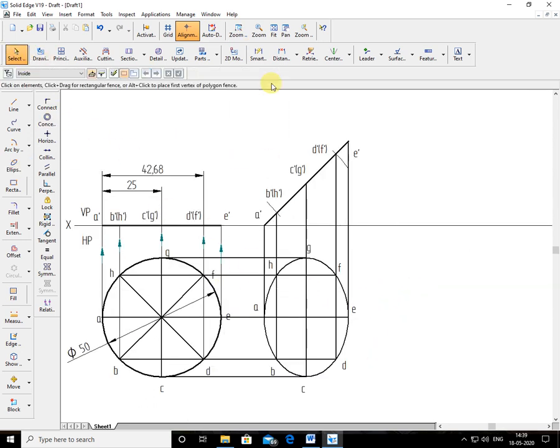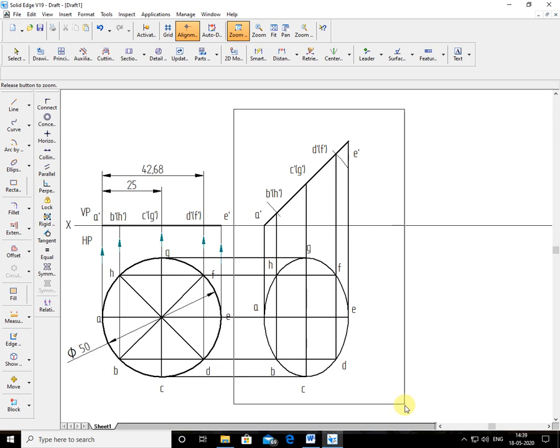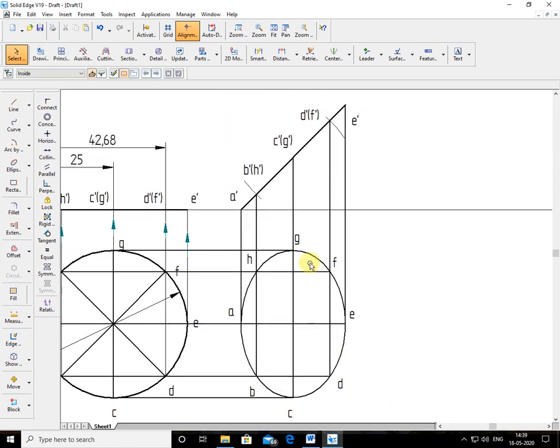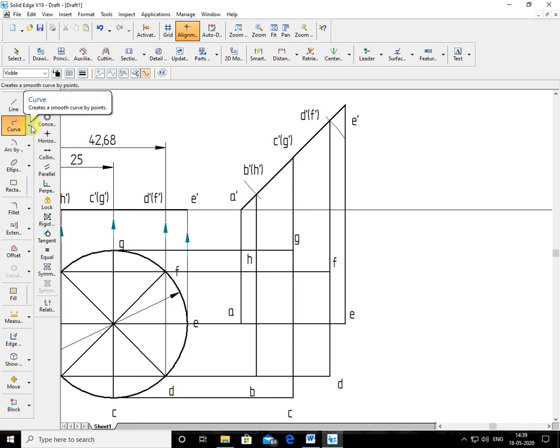What we are doing is drawing this ellipse in this way, so I'll delete this one. This way I am using the curve command. The first command is the curve command, so you can draw in this way. I can draw a curve like this, same command.